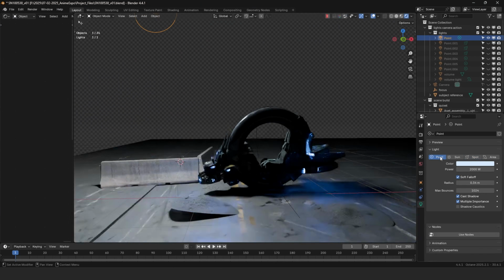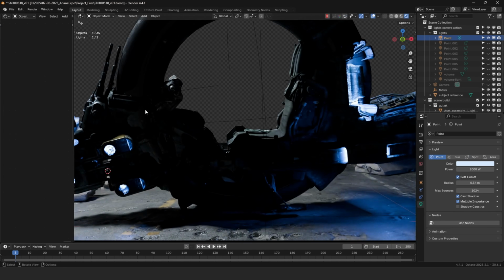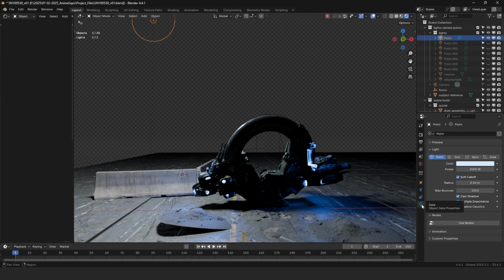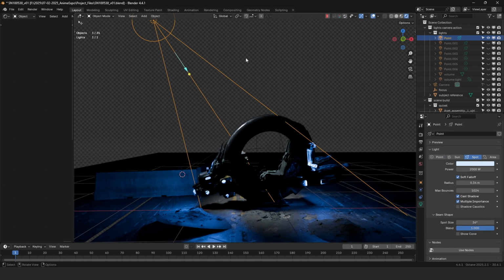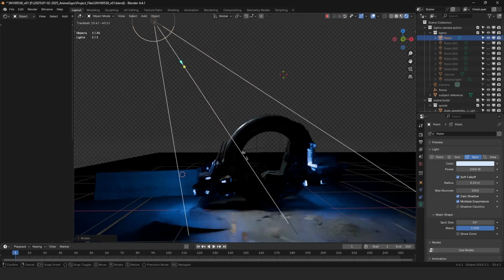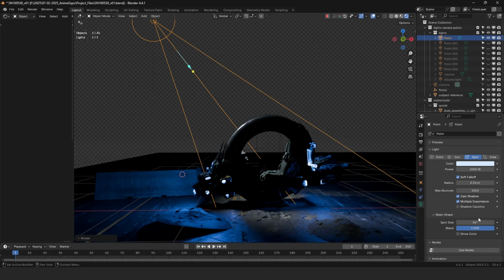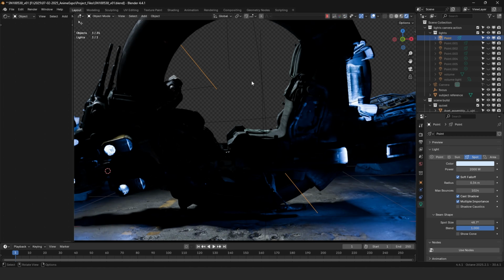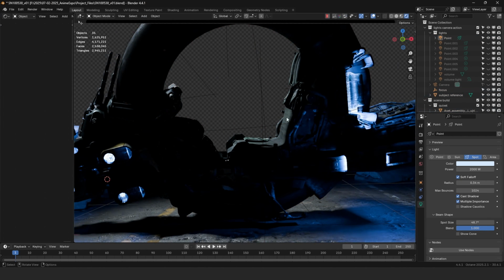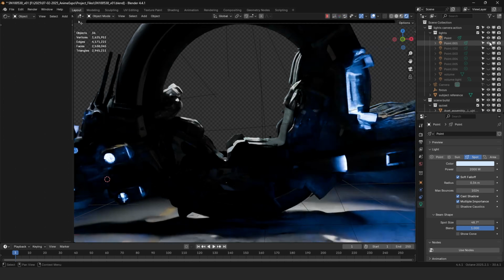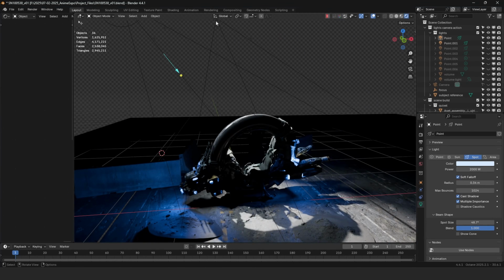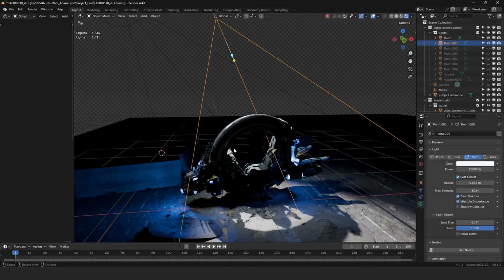And so I think I started off with just a point light until I got the positioning of everything that I liked. And then I turned that point light, by clicking on the light data properties here, I just changed that to a spotlight. And then I just basically rotated it around until it was hitting my object. And you could play around with the spot size and the blend of the spotlight. I pretty much just moved that one light around until I got the main direction of my light source. And then if I turn on these other lights here, I'm going to turn them on one at a time. So this is just another spotlight, again coming from the back,